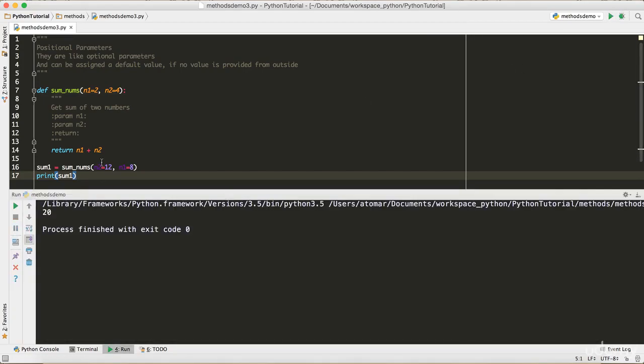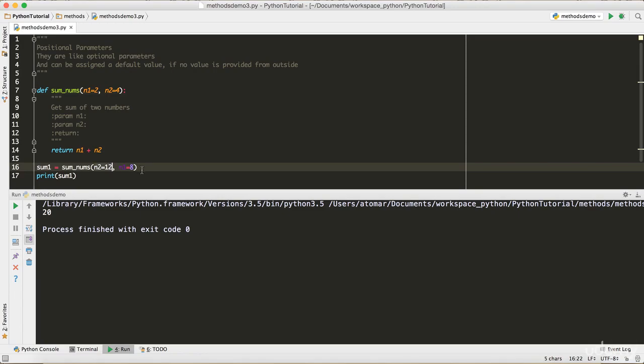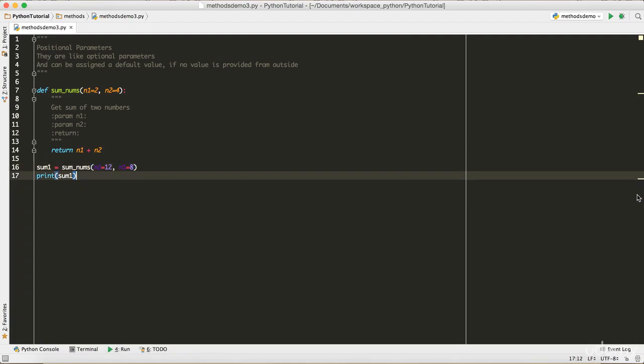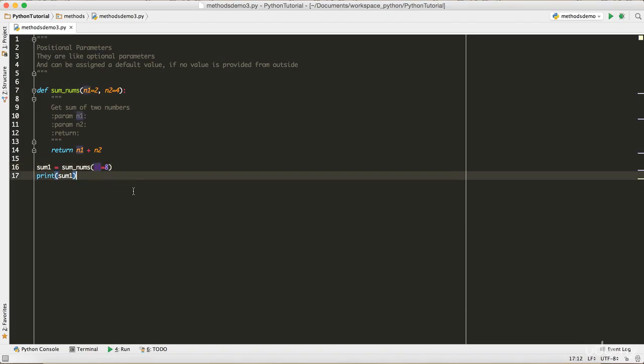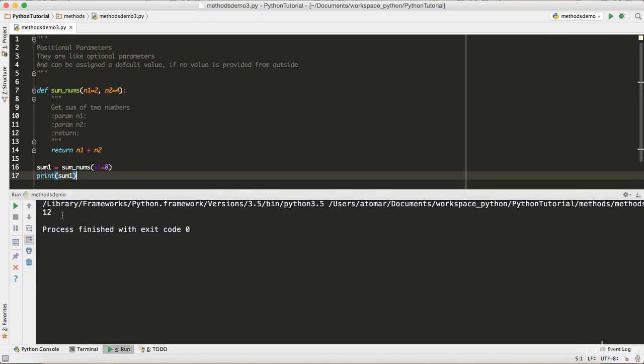So I can do something like that and it's still going to work exactly the same way, right? So what happens is it's going to give 12 to n2 here because we are specifically assigning this, and it's going to give 8 to n1 because we are specifically assigning this. So with the help of keyword parameters, we can interchange the positions of these variables. We can assign values. In fact, let's say if I have two parameters like that, for the first one I can say n1 is 8 and n2 has a default value, right? So I can just leave the n2 and I can run the code and it's gonna do that.